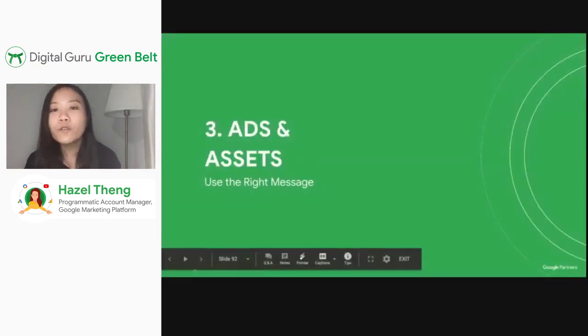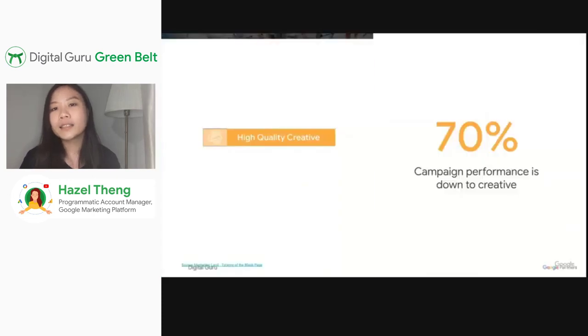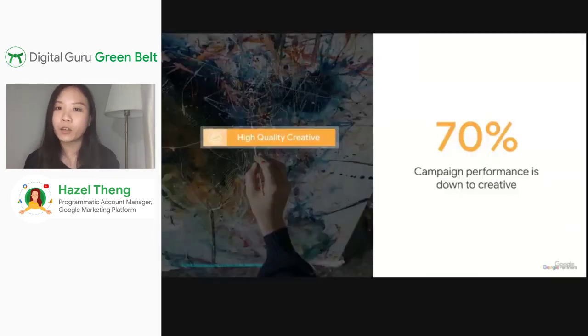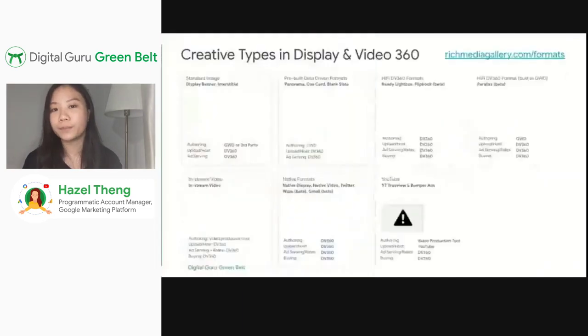Now, let's move on to the creative module and look into what kind of creative types are available on DV360. So you've heard that 70% of a campaign's performance is really down to creative messaging. Now, beyond the ability to actually reach out to multiple inventory channels and the ability to leverage different data types and different audience segments, you might actually ask what is actually available from a creative front on DV360.